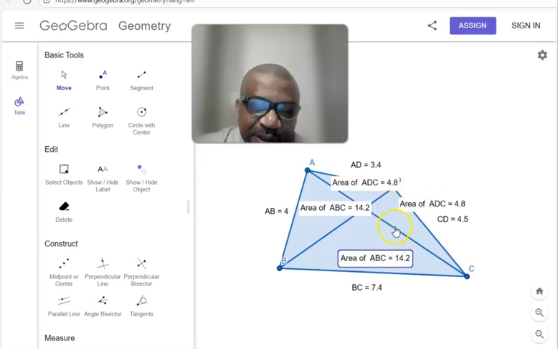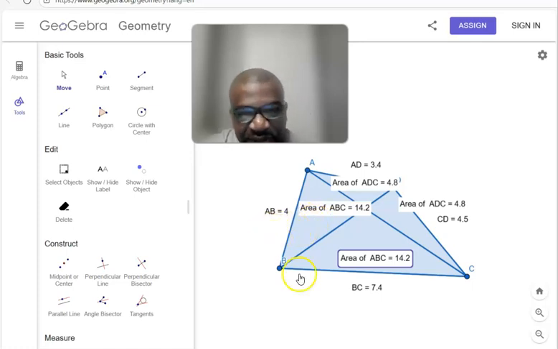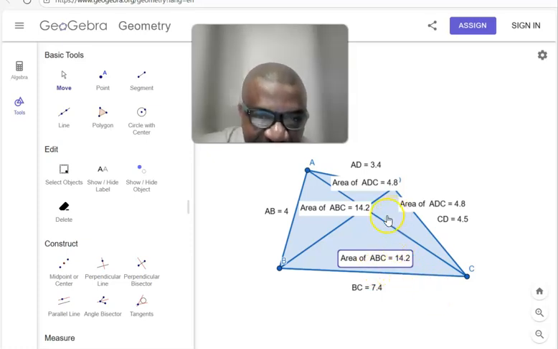So you see, we are finally succeeding in solving this land dispute between these two brothers here. So here on this side of this angle here, we have 14.2. You can give it to maybe brother 1, and this side you can give it to other brother, and also this side here you can give it to other brother, and this side here you give it to the other